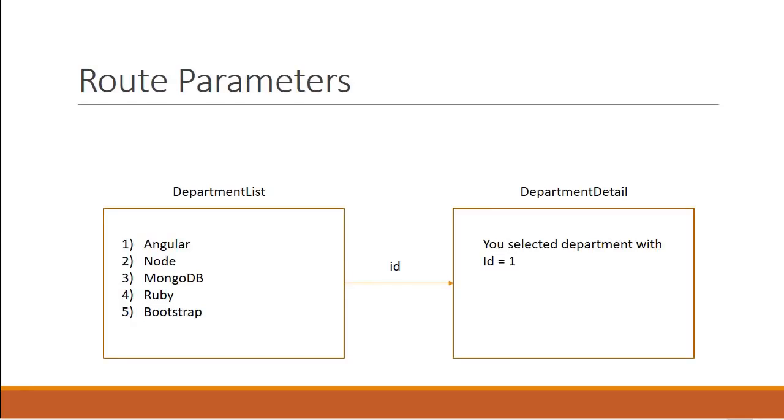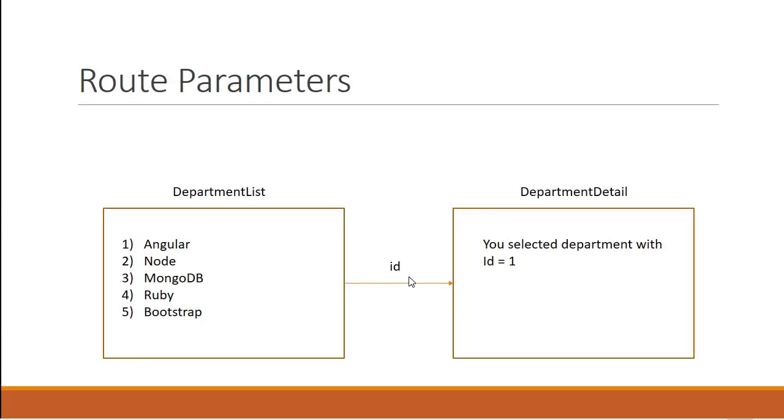Here is what we are going to do. In the department list component, we will have a list of departments: Angular, Node, MongoDB, Ruby, and Bootstrap. Each of them has a corresponding ID: 1, 2, 3, 4, and 5. When you click on a department, we will navigate to the department detail component, passing the ID of the department